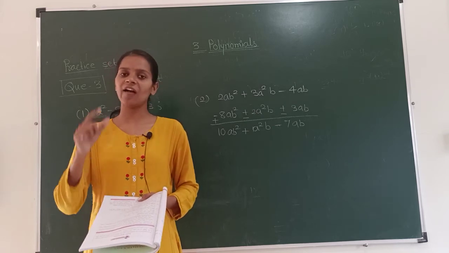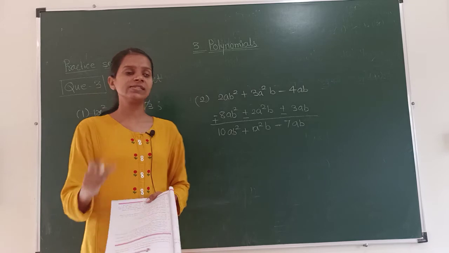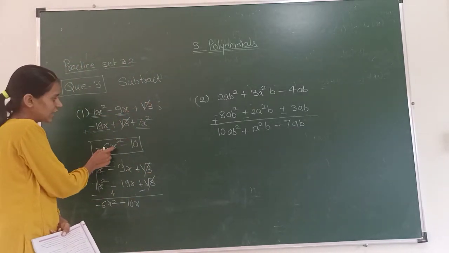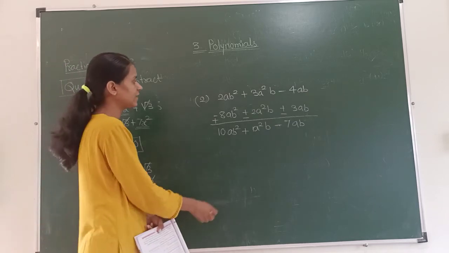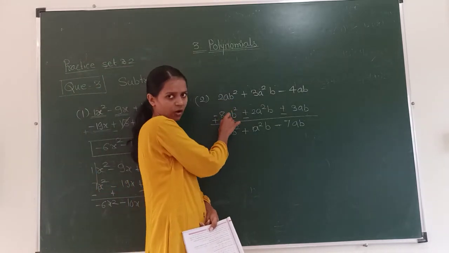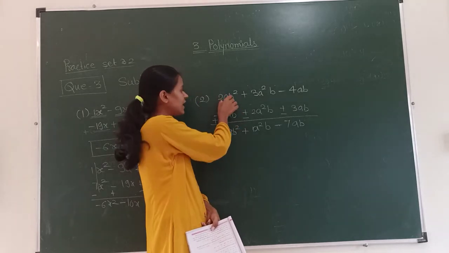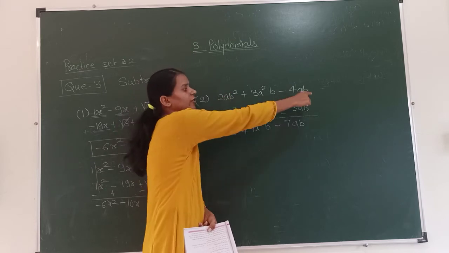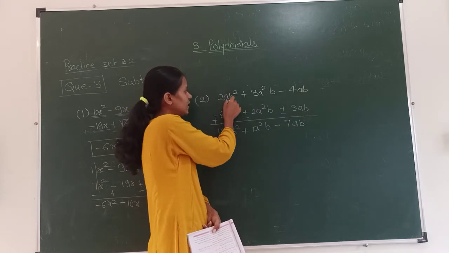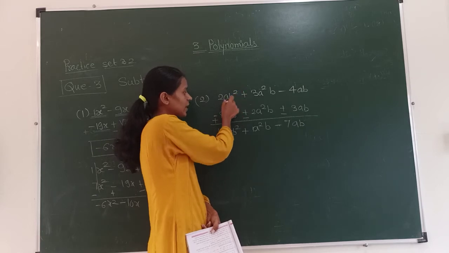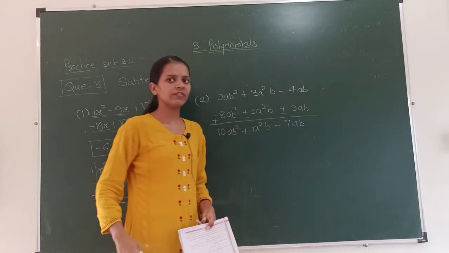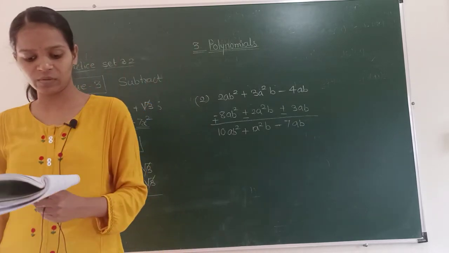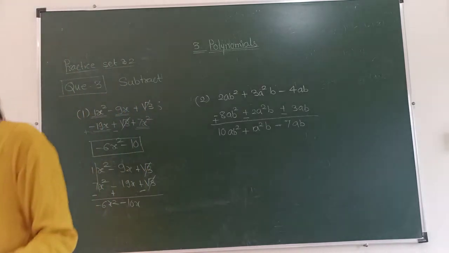Similarly for addition we have used the same rule. You can simply convert them into subtraction like this. If you can't subtract like this, write it in subtraction form properly, but make sure you write the like terms under the first polynomial. Write down the first polynomial completely, then write the like terms, for example ab square, under the first polynomial. Okay, this is question number 3. Now we will move towards question number 4, which is to multiply the given polynomials.